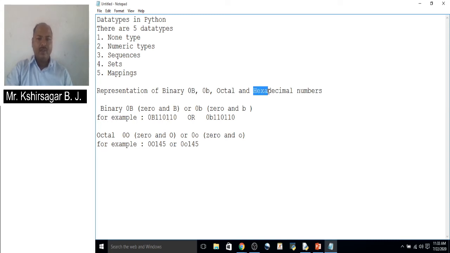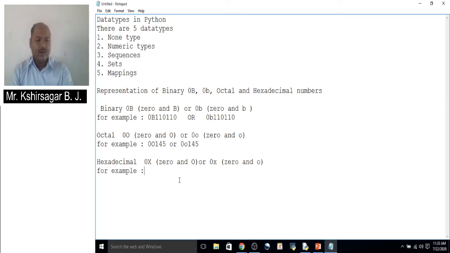Now we have to see the third, hexadecimal numbers, how they will be represented in Python. Hexadecimal numbers are represented by 0 capital X or 0 small x. So this is the way of representing a hexadecimal number in Python.